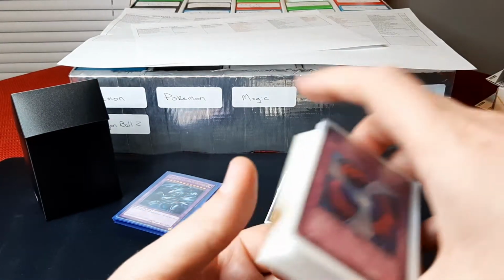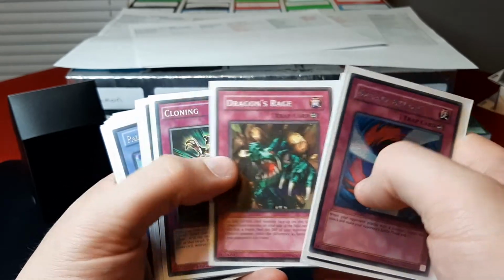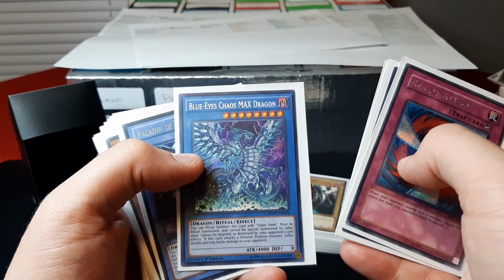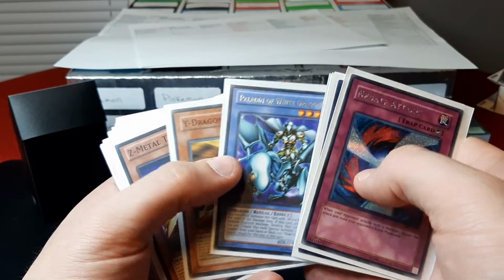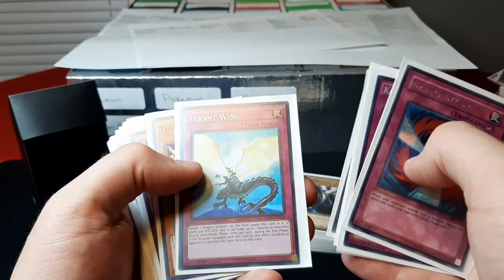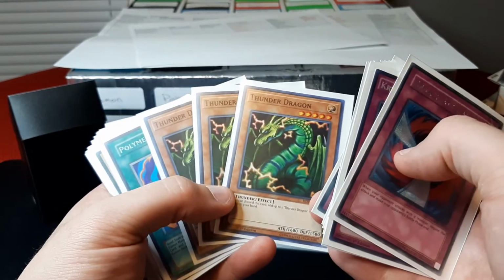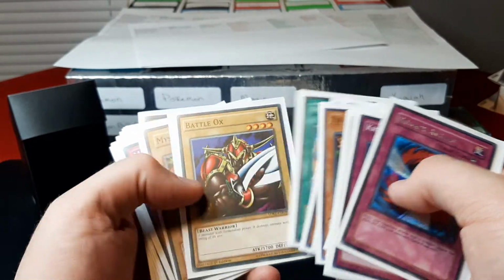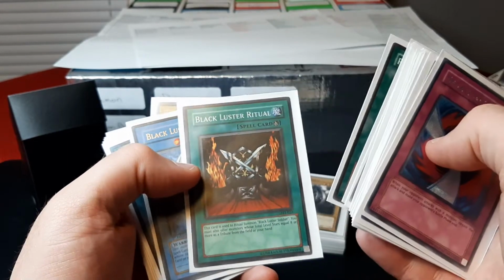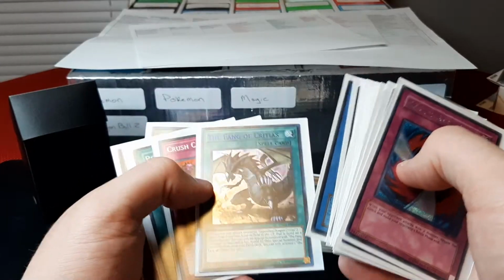Negate Attack, Crystal Avatar, Dragon's Rage, Cloning, White Dragon Ritual, Chaos Form, Blue Eyes Chaos MAX Dragon, Paladin of White Dragon, White Dragon Head, Z-Metal Tank, X-Head Cannon, Tyrant Wing, 3 Thunder Dragons, which it did show him giving up one to bring out the other 2 and then make the fusion, Polymerization, Battle Ox, Mystic Horseman, Mirror Force, another Polymerization, Black Luster Ritual, Black Luster Soldier, which is needed for that,